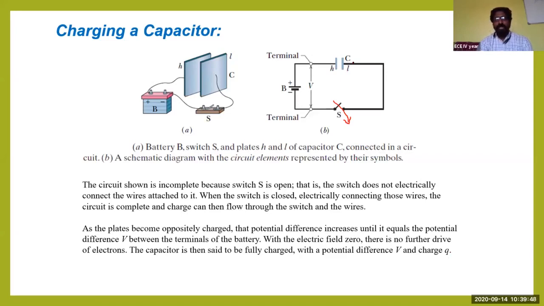I want to give a real-time example. If you're trying to charge your mobile phone or your power bank, whenever it is fully charged, the current from the socket will not enter into your mobile phone or your charger. It will be completely charged. Since a capacitor is fully charged, it will not allow further charges to enter. So what happens if you leave it plugged in the same way?